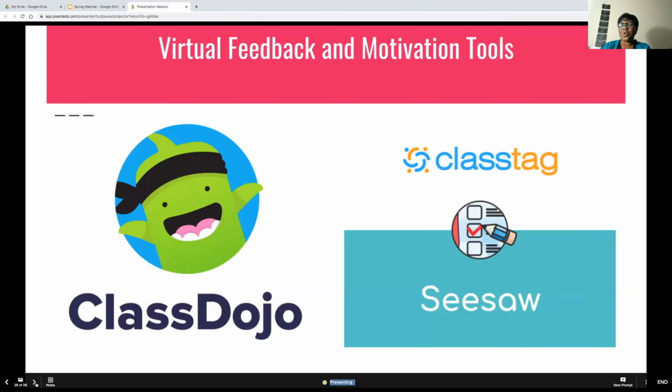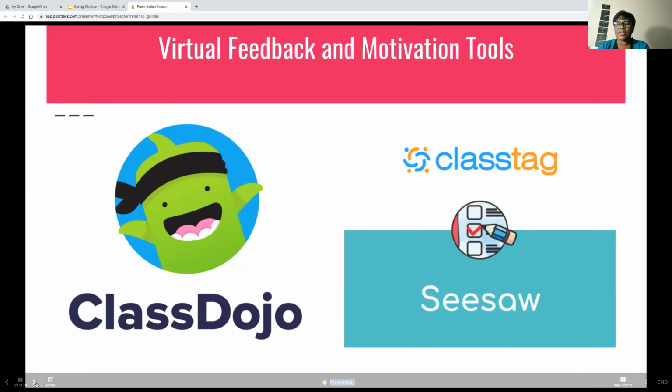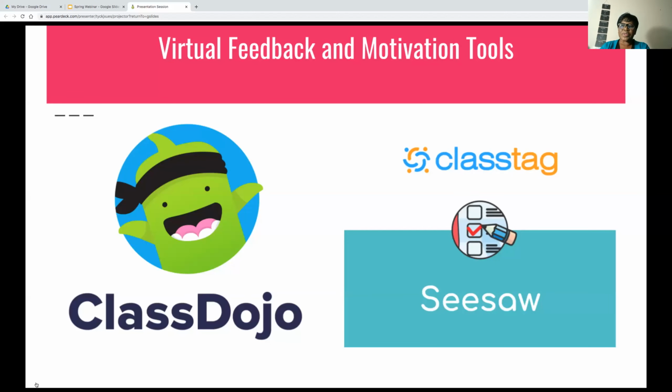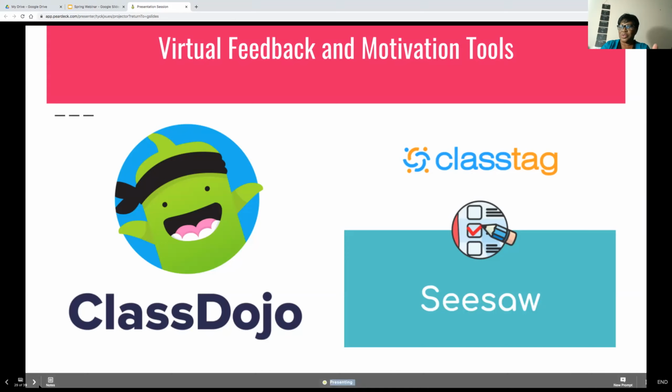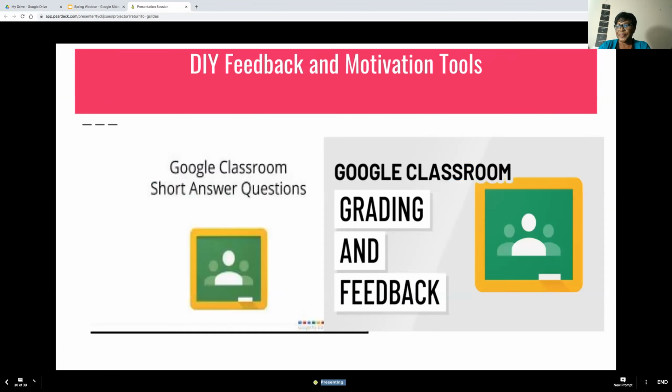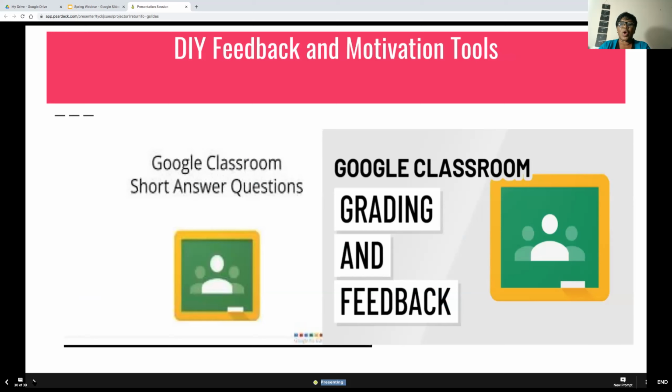With Class Dojo and Seesaw, you can connect students, teachers, and families together. They all have portfolios where you can assign work to the students and share the responses with the families at home. Right now they're all home, so you can share it with the family as well. And this is something that we all use.